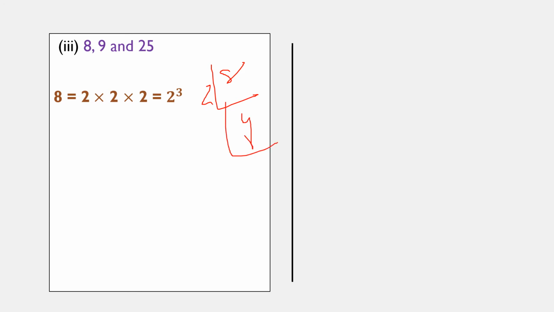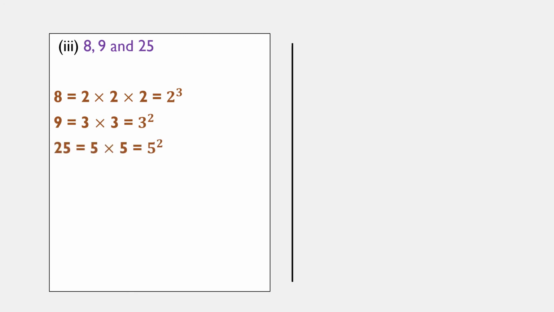So here is your next problem, that is 8, 9, 25. Do the prime factorization of 8, 9 and 25. 8 means 2 cube. 2 4s 8, 2 2s 4, and 2 1s 2. Here 2 came 3 times, so I wrote 2 cube. Now next is 9. 3 3s are 9, so 3 occurred 2 times, so I wrote 3 square. 25 is 5 square.